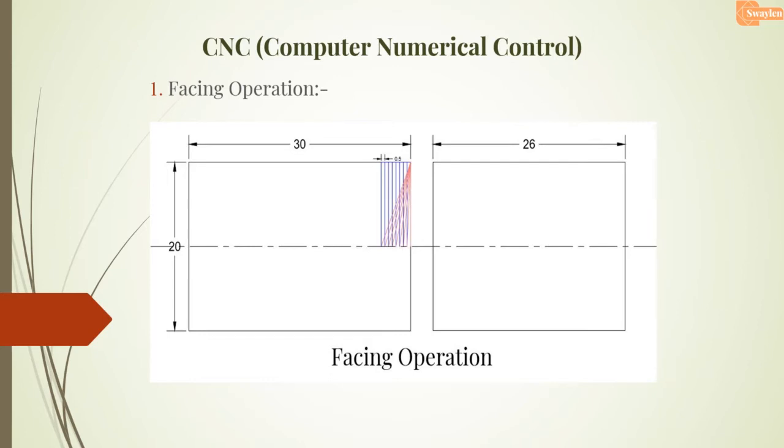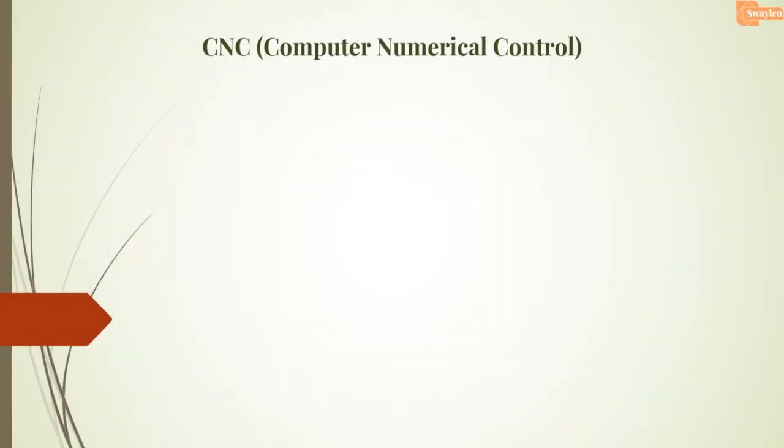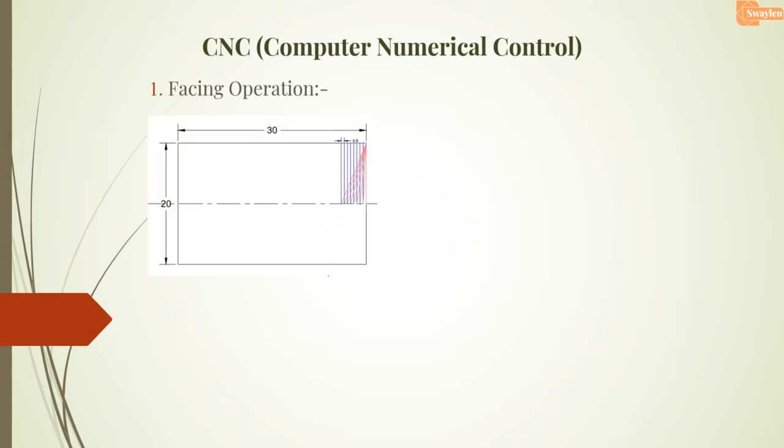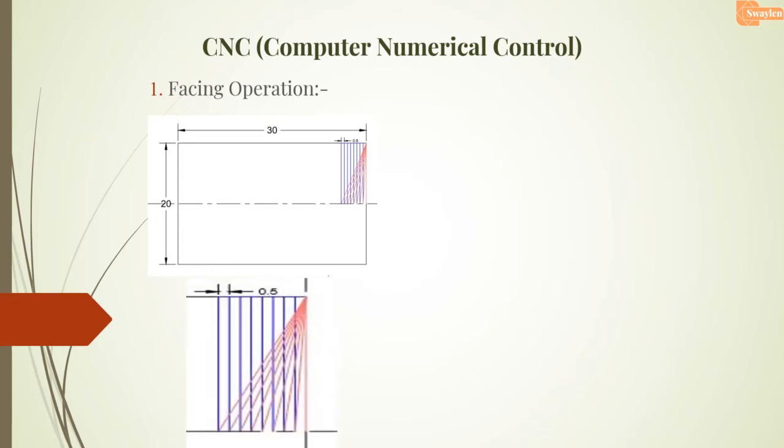Okay, I have some cutout presentation also here. You will see the blue lines are cuts and the red lines are rapid travels. And the depth of cut is 0.5. This is the facing operation presentation by cut value. You will easily understand this image. In the facing operation, this is our stock and the cutout also. I have just a shot of this image.